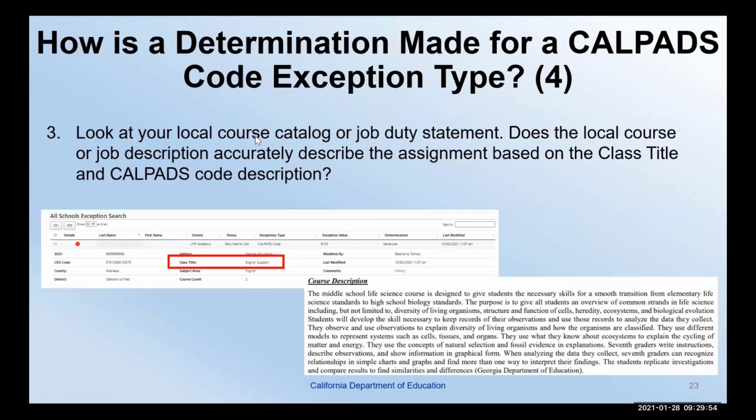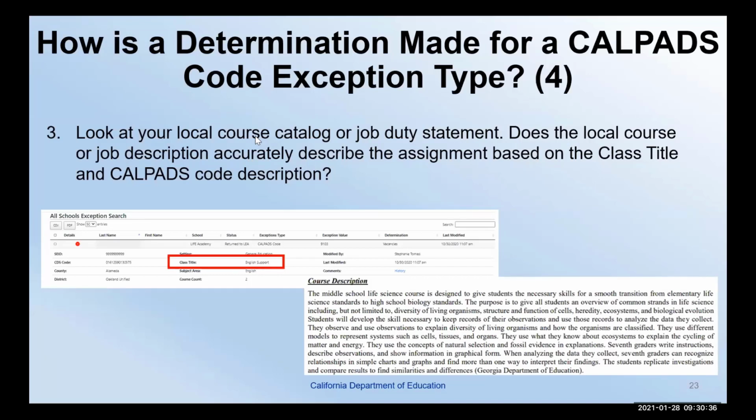Okay, so the next thing you want to do, and this is really important, this is why we wanted your curriculum and instruction folks to attend. So when you're looking at the description in CALPADS, we give you a very general, broad description of what that course and its content is. And the course title or the class title that's listed on the exception report reflects what the CALPADS code is. So what you have to do is actually go and compare that to your local course in your master course catalog to see if it actually fits that course description in CALPADS. If it doesn't, you probably don't have the right course code selected.